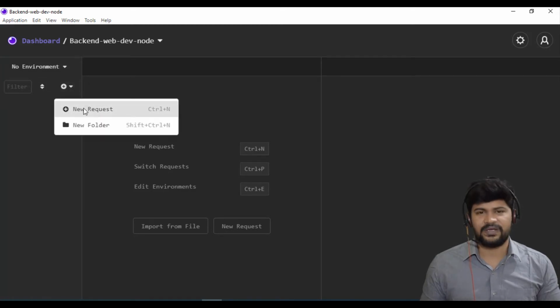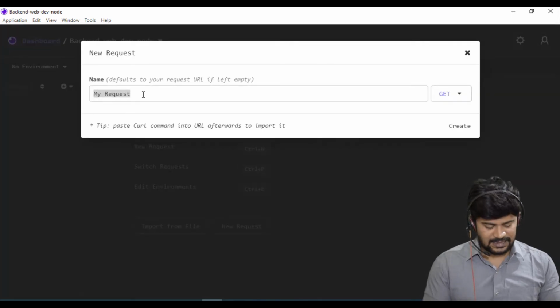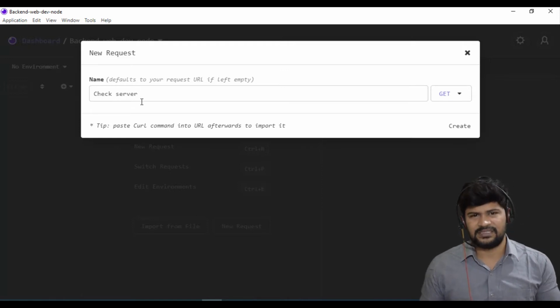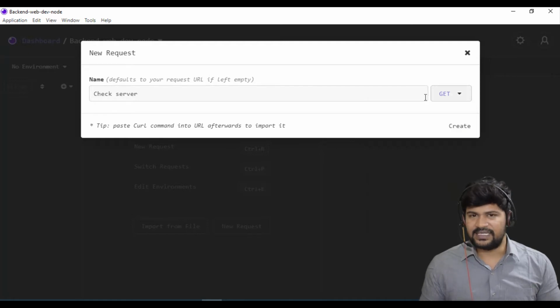There is something called new request. So click on new request, and what is your request? Just say check server. Simple, just check request or test request. And what type of request you can check is a GET request or POST request, anything you can select. It's just a normal GET request, and click on create.